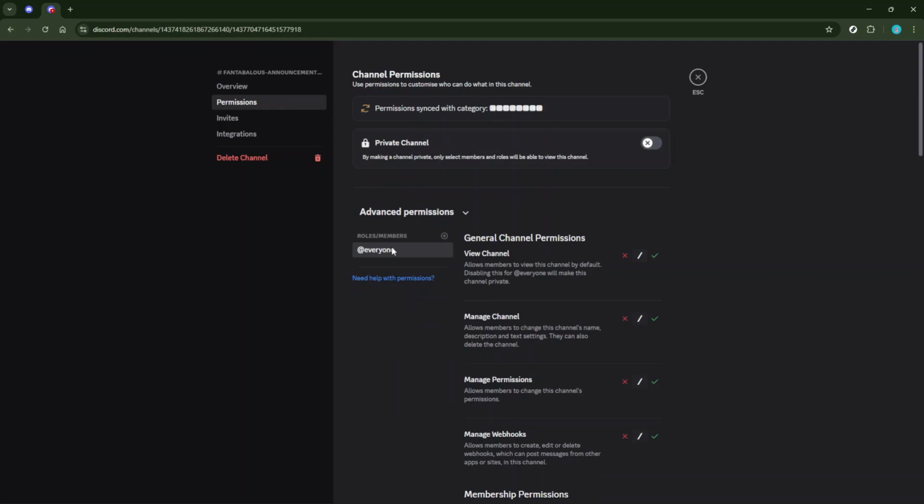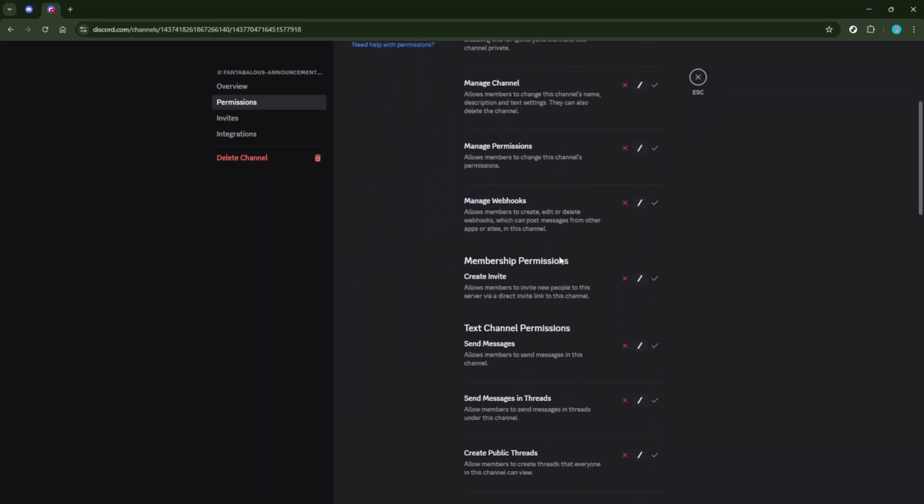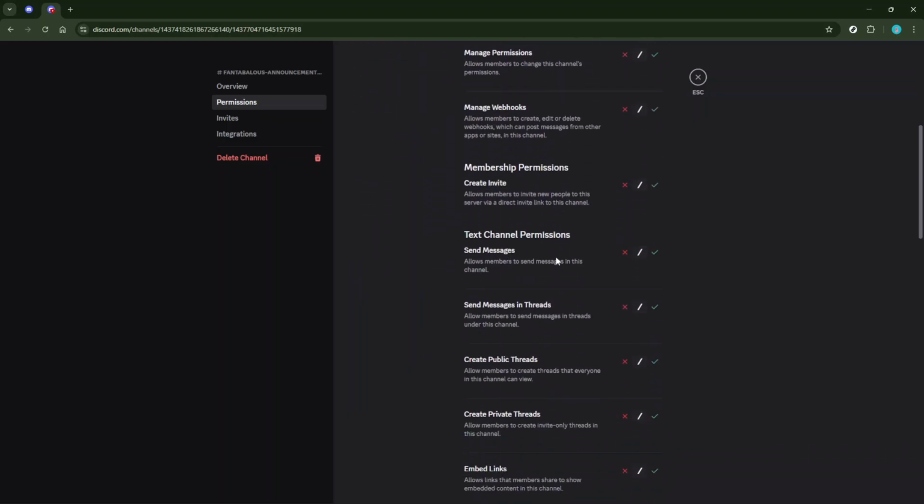By default, Discord allows everyone to send messages. What you'll want to do is turn off this ability to make the channel read-only. You'll see a column for Send Messages. Simply click the X mark to disallow everyone from sending messages. This changes the permission to read only for general users, effectively restricting the channel as you intended.